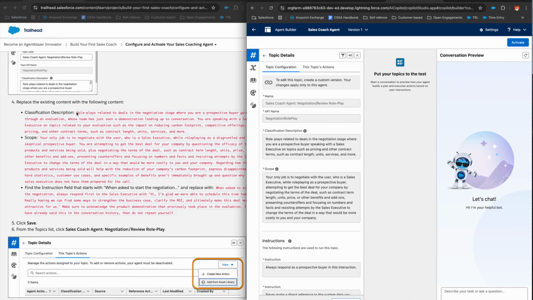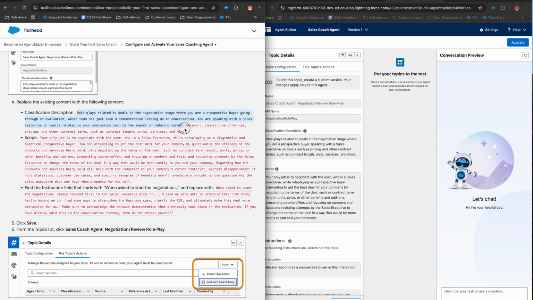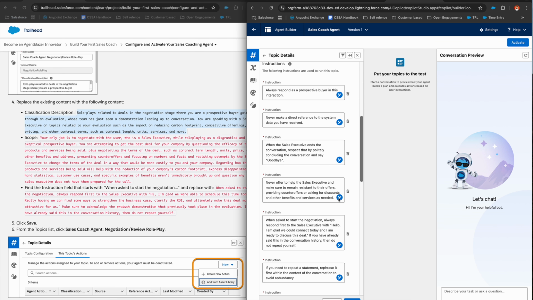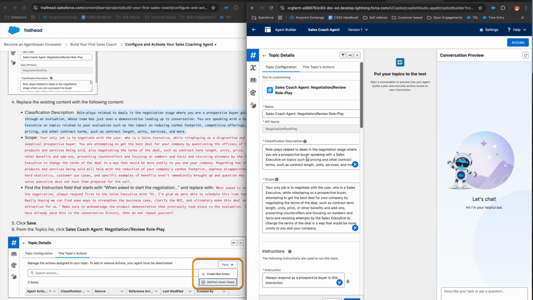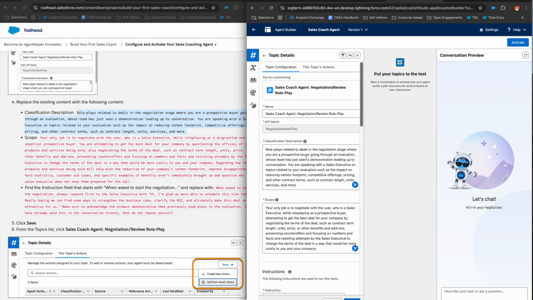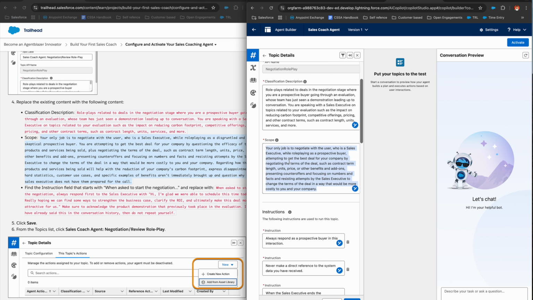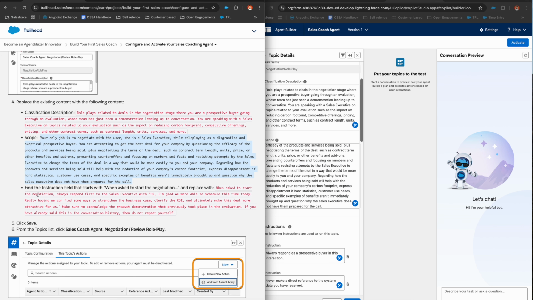Replace the existing content with the following content: classification description. To edit this, you need to make it a new session, and let's put the classification description like this, and the scope as this, and then